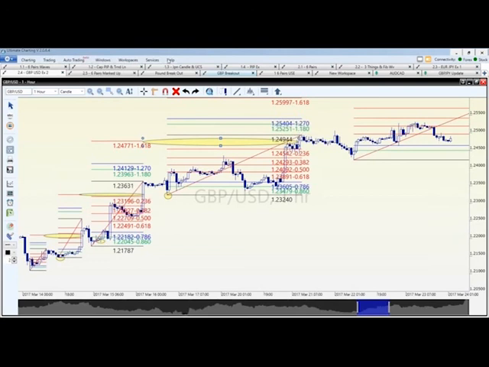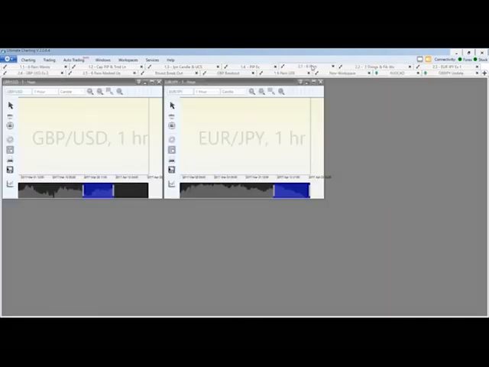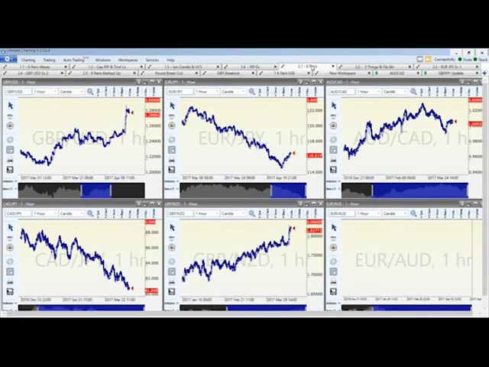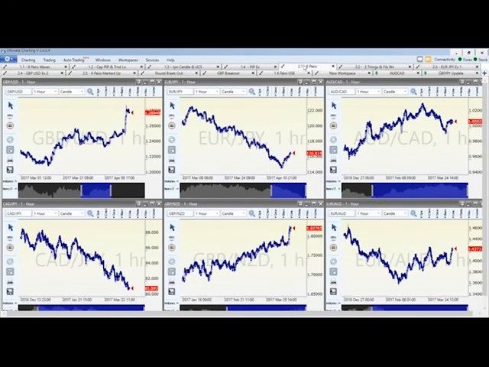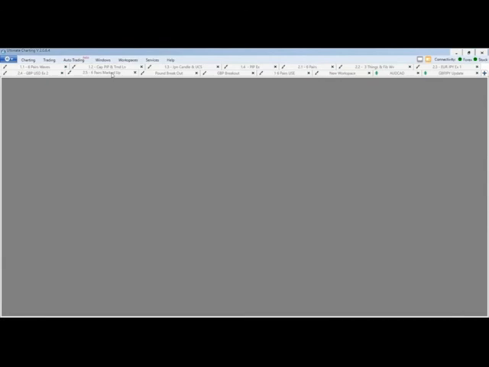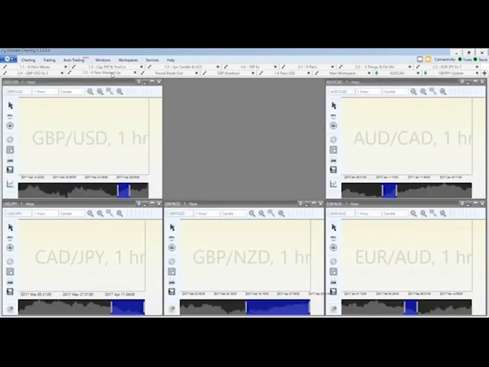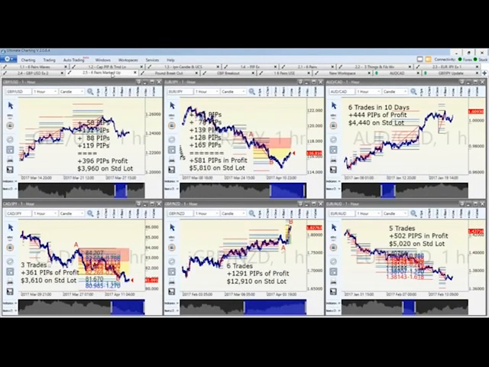What I want to show you is when I take these 6 pairs, okay, I was talking about these pairs, what I did earlier, just because I knew I wouldn't have time to go through everything, I went through and looked at the last 2 weeks to 30 days, the 6 major pairs we're looking at. So the top left, this is the British pound US dollar. It looks like we had 4 trades. You would have made 396 pips of profit. That would be $3,960 on a standard lot.